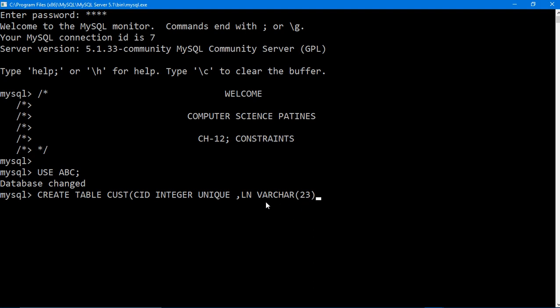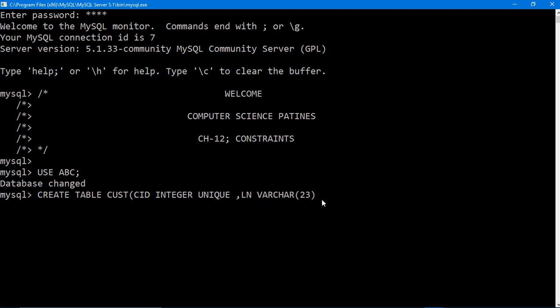So there is no wastage of space while using varchar. If we are using char, then 23 characters of space will be reserved, but with varchar, whatever value you give in last name, it will consume only up to that, and the rest will be returned.